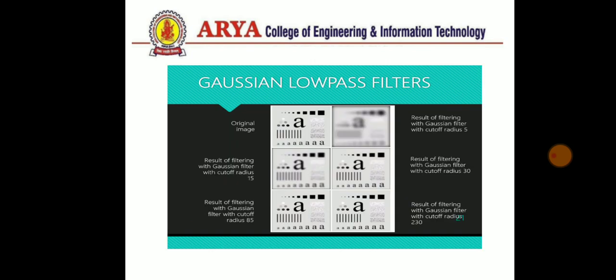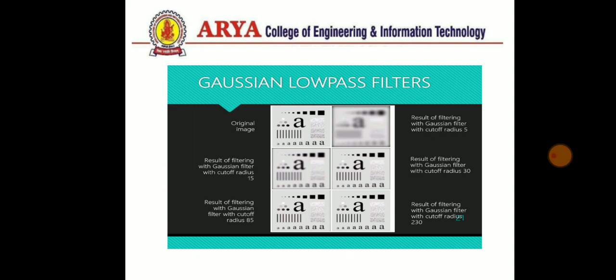This is the Gaussian low pass filter output. Similarly, as in previous slides, when the radius of the circle is increasing, it gives a more and more clear vision of the image. Here we can see that the different parts of this image have different radius values. The first and second parts have radius values 15 and 85, then